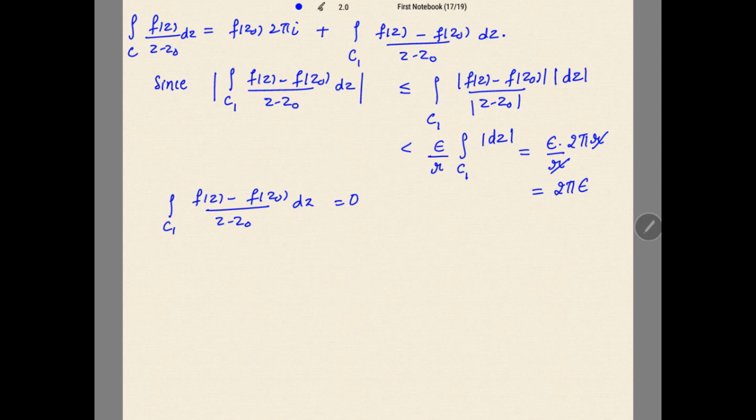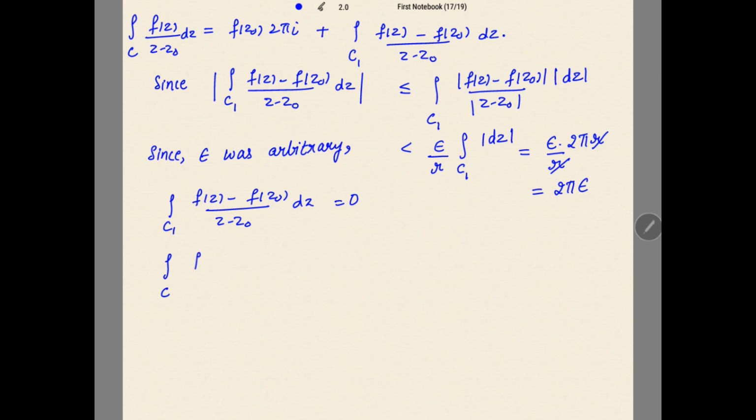and epsilon was arbitrary. So you can write over here, since epsilon was arbitrary, it is a very small positive number. You can take this as 0.00012 or 0.00034. So this 2 pi epsilon tends to 0. So if this mod is less than 2 pi epsilon and it is tending to 0, then without this mod, this thing is equal to 0. So just putting back this thing to be equal to 0 over here,